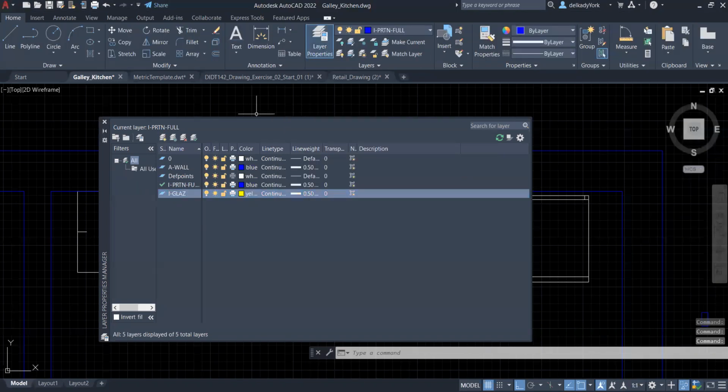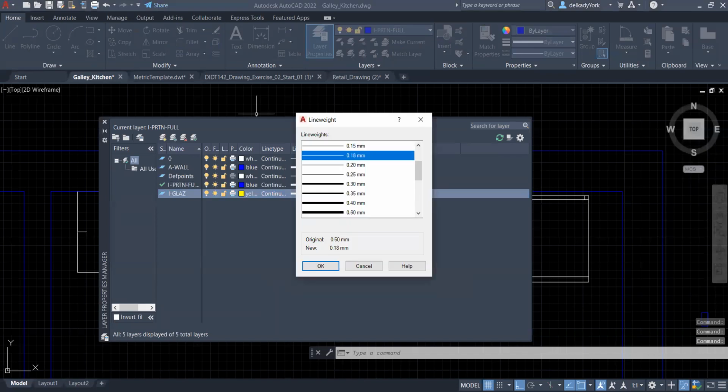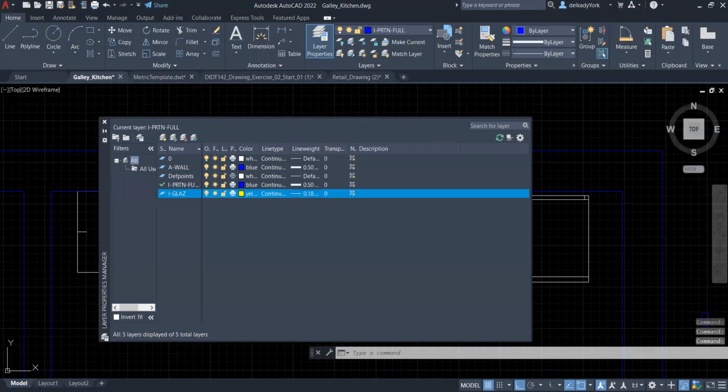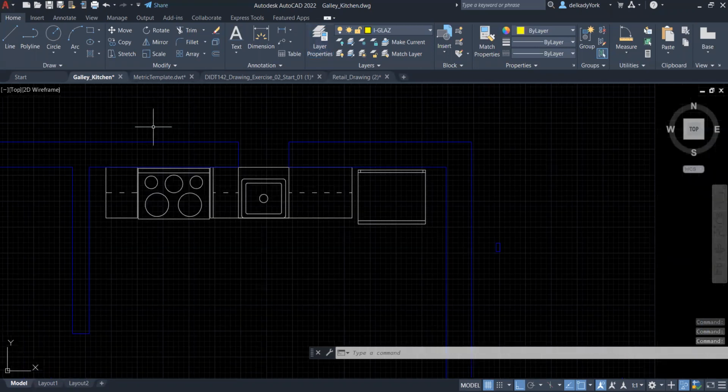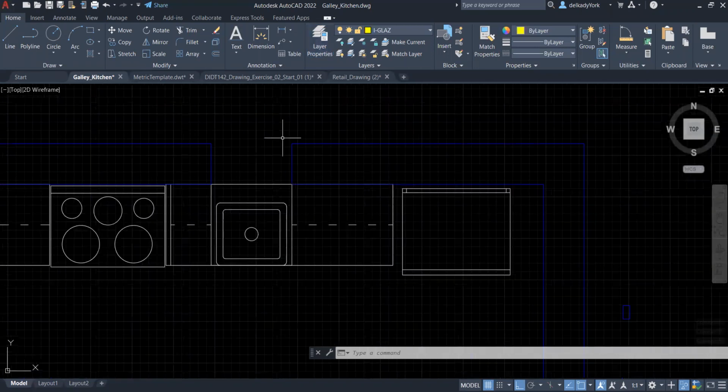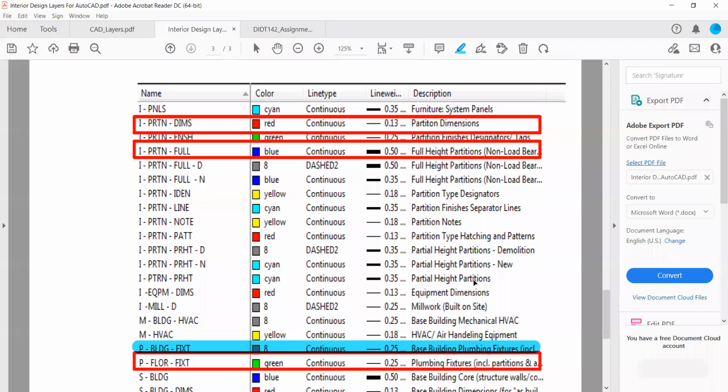And I know that this is 0.18 millimeter, which is here. And then I'm gonna make it current like this. Okay, I'm gonna close it. Now, to start on this window, according to the assignment, I'm gonna go here and read the assignment requirement